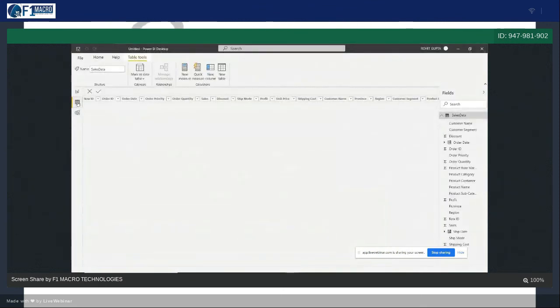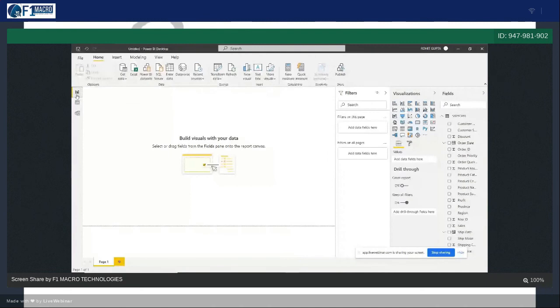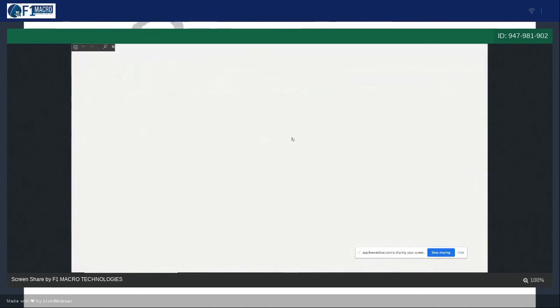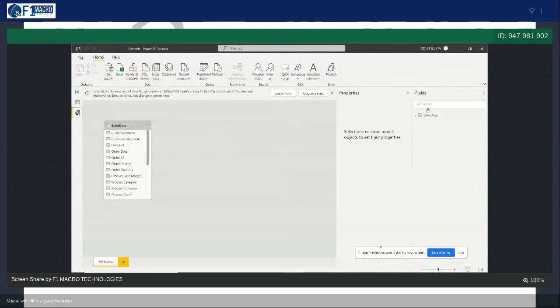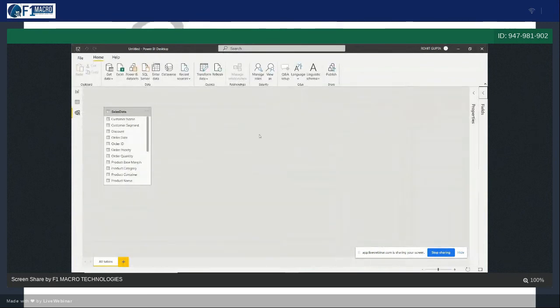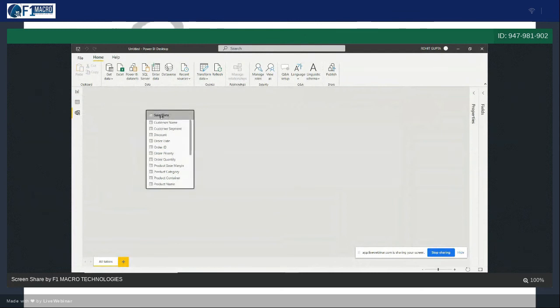Okay, I clicked on table. Here you can see 3 icons. One is report, where you will create a report. Second is table, where you can see your data. Third is data model, where you will create a data model. Just because you have only one table, you don't require any data modeling over here. Okay, just because it is one table only.